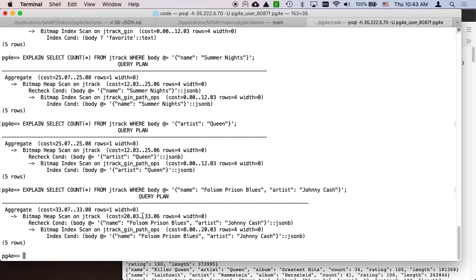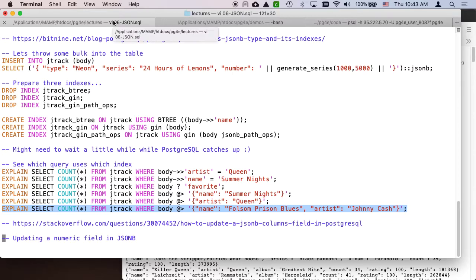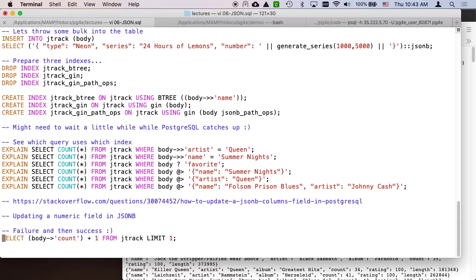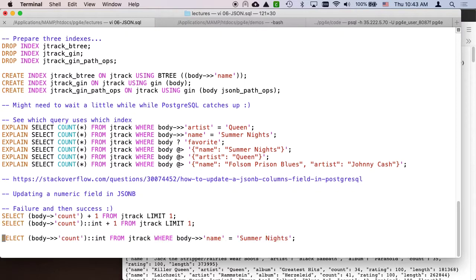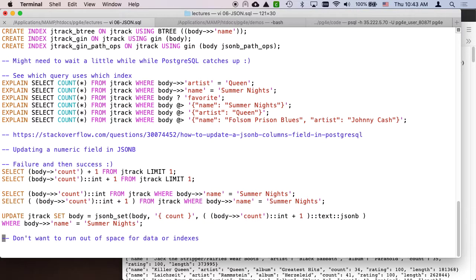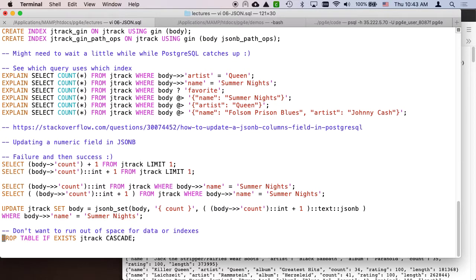And that one hits the JSON path ops, and it works just fine. So that is sort of really beautiful, really impressive. Like most things in JSON and Postgres, once you get down to doing the work, you know what to do. It works out pretty cool. And so this last little bit,